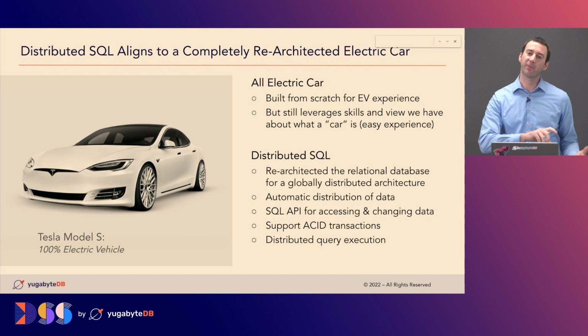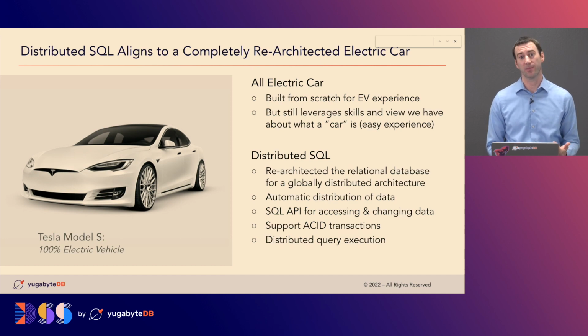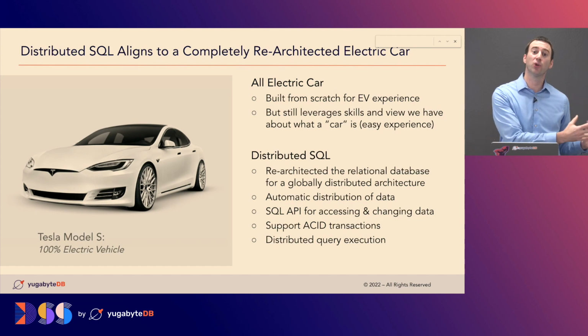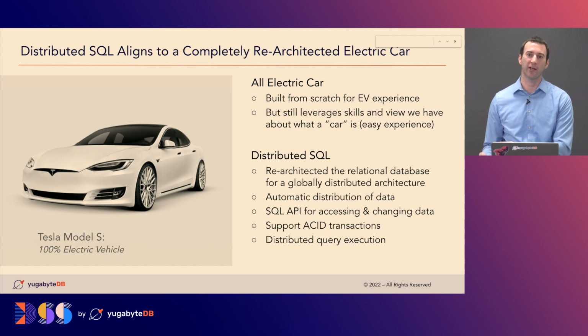And that was critical. And it's a perfect parallel to what a lot of folks in the distributed SQL world, what we've done with YugabyteDB. One, we went from the ground up. We rethought that fundamental architecture, leveraging inspirations from things like Google Spanner, rethinking the storage layer, and the fact that the distribution of data is a native capability of that solution, building it from the ground up so that we can, again, optimize for replication, for availability, all those features that we need in a cloud native world.